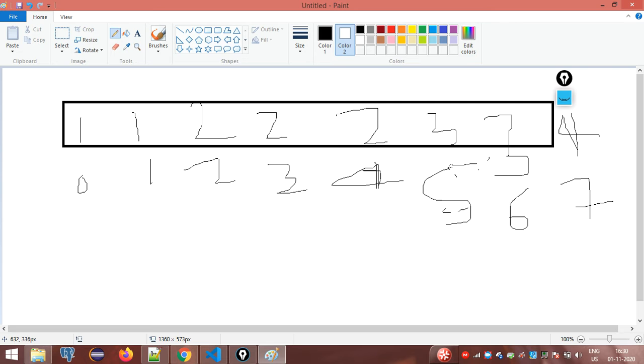We have 8 elements. So the approach will be: I need to create one pointer, i, pointing to 0 at the beginning, and j will be pointing to all the next values. This j is the iteration. If i is 0, we will check if the next element is 1 or not. It is 1, so increment j plus 1. j will be incremented every time. The next condition I will show you.